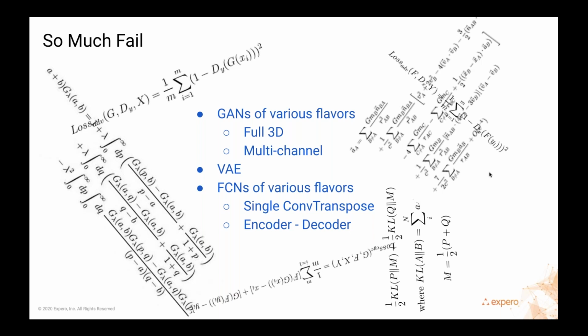So we started with the GAN type of analysis. We used full 3D inversion technique, domain transfer techniques. We used a multi-channelized input with respect to a 3D and even a 2D output, which actually was somewhat successful, but wouldn't have been in a commercial setting. And we tried variational autoencoders, and eventually what we arrived on was actually a quite simple, fully convolutional network architecture,